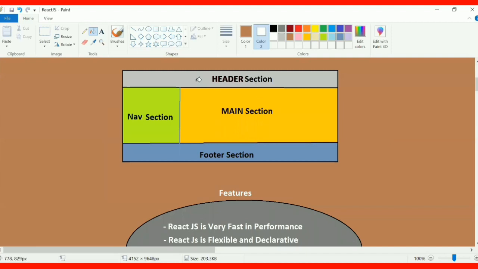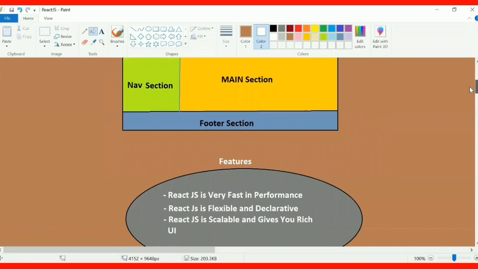That means I'm going to divide this header section as one component, and whatever logic I require to develop this header section, I'm going to write in that component. In the same way, for the main section, again I'm going to create one component, and whatever logic I require to create this main section, I'm going to write in that component. So in this way, I'm able to keep my website in proper structure.